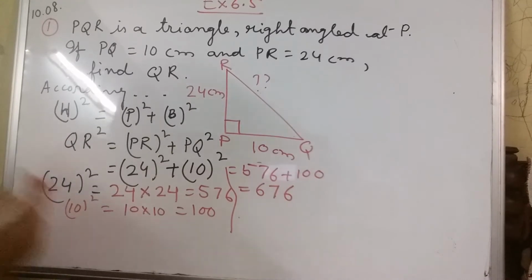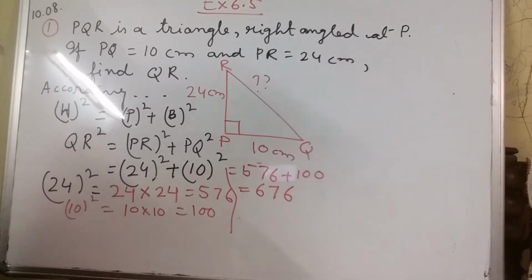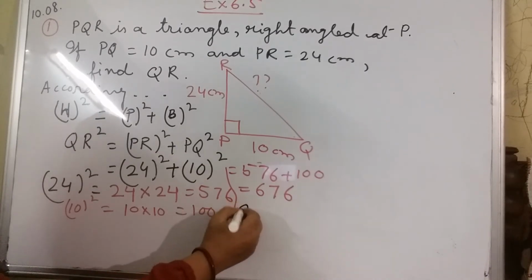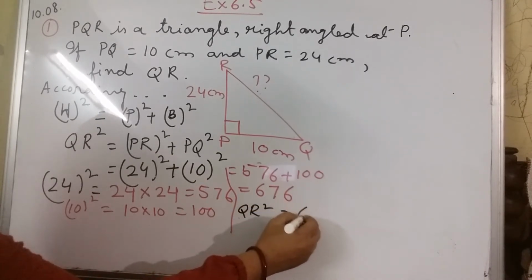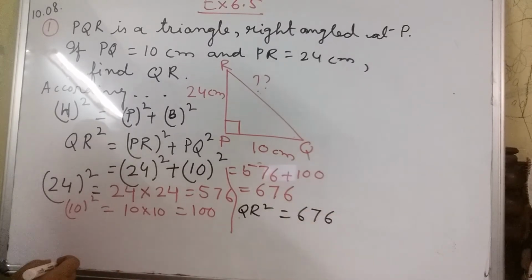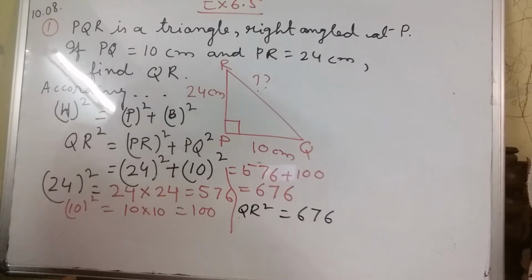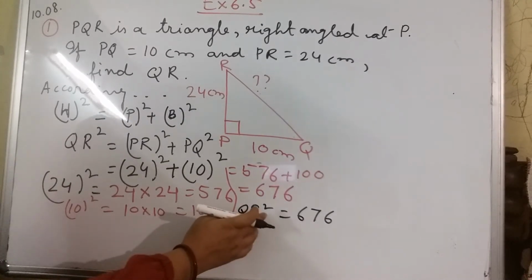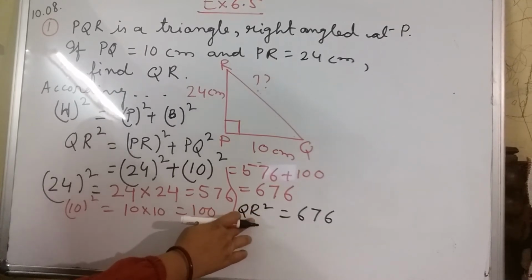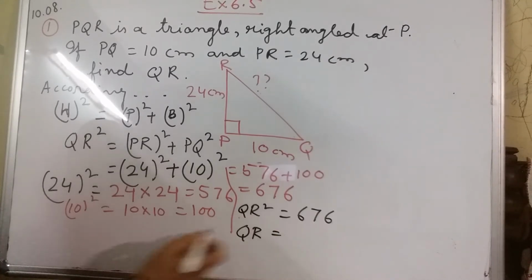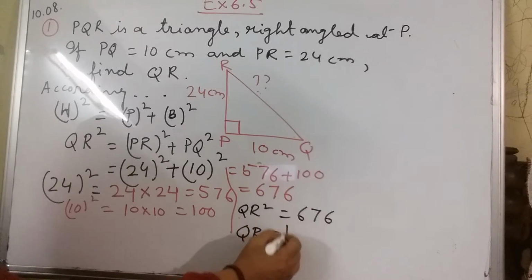So we have got that QR square equals 676, but you have to find out QR. How can we find out if square is given? When the square is given, for finding out QR, you have to find out square root of